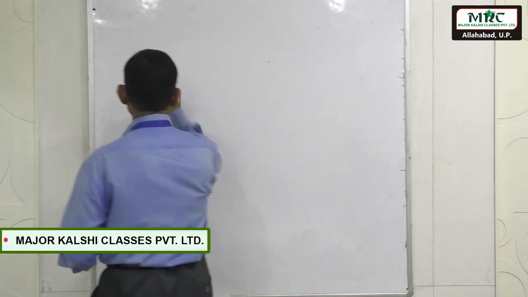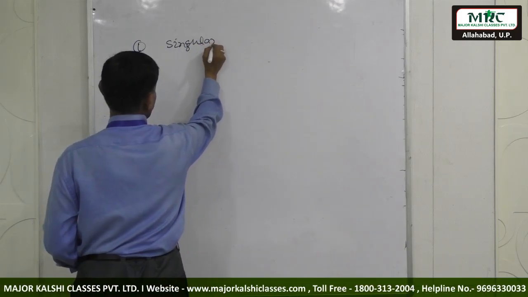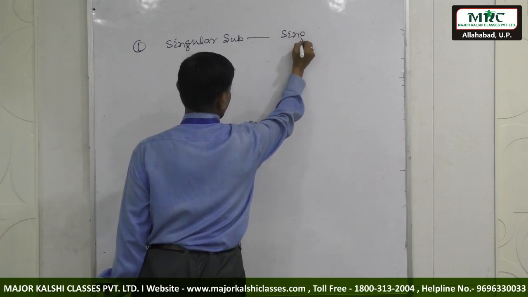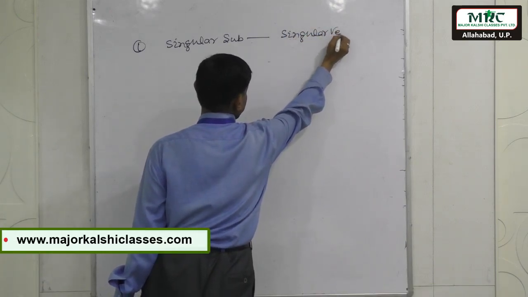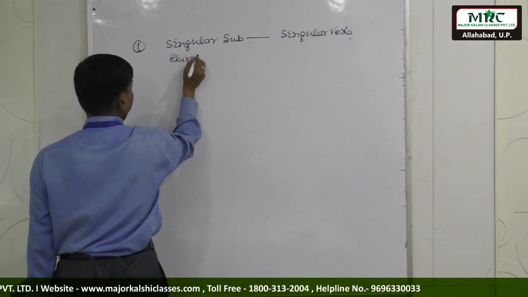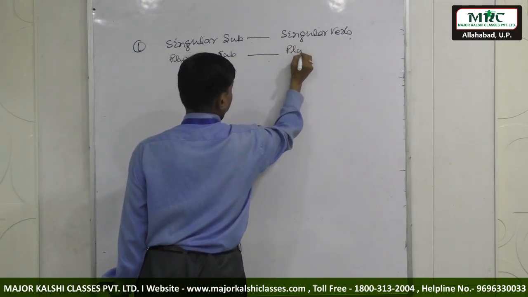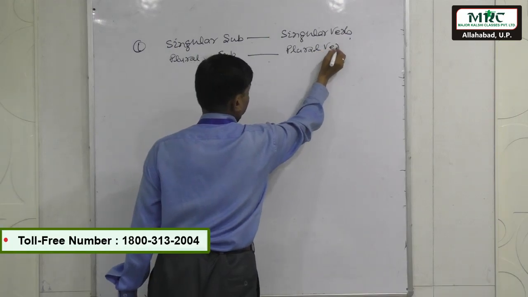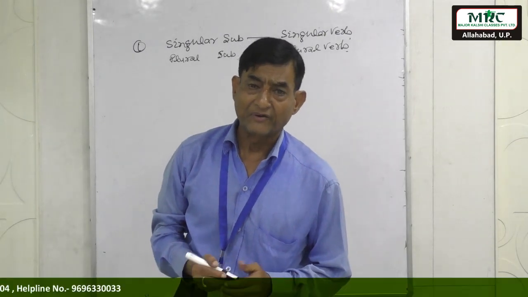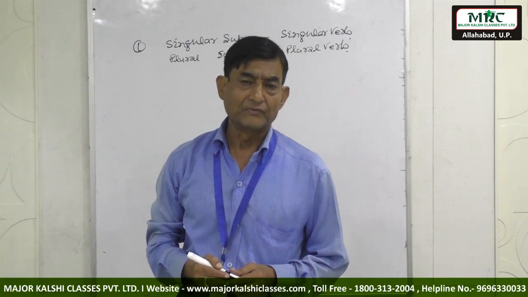So rule number 1 says that singular subject takes singular verb and plural subject takes plural verb. On the surface it looks quite easy, but sometimes it's disguised with plural numbers at the end of the first clause,